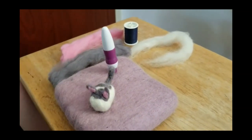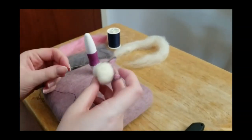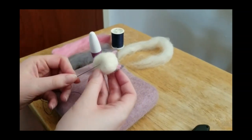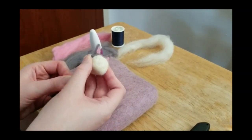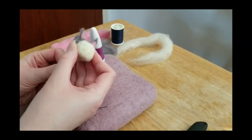And now it's time to start adding the finishing details. So what we do is we just take our thread on our nice sewing needle and push it up through the base of the cat. Might take you a few tries to get it to come out where you want, but...